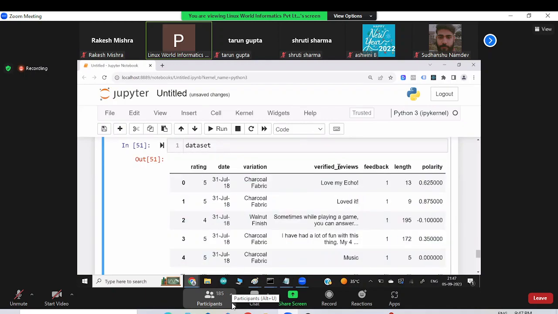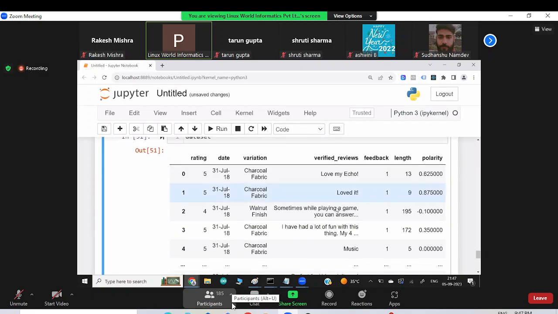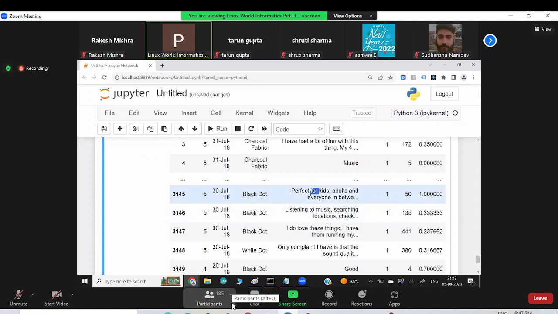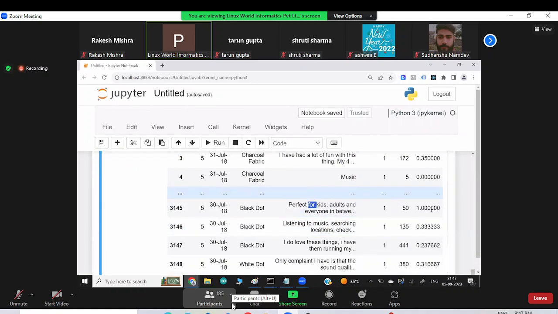It means now in the future, if we want to find out the sentiment polarity, we don't have to read this statement. Now this statement from natural language has been processed to this number.